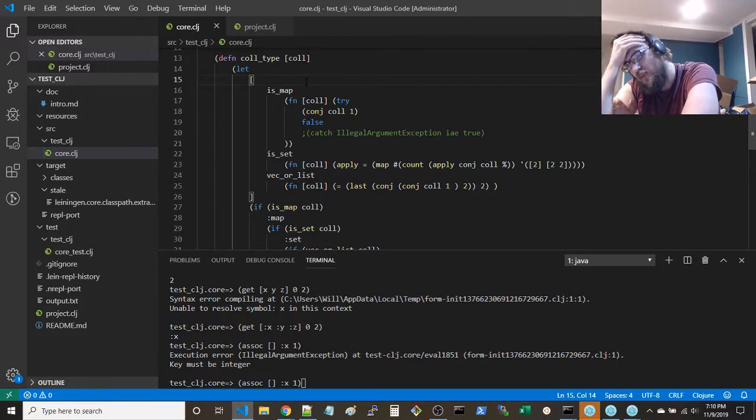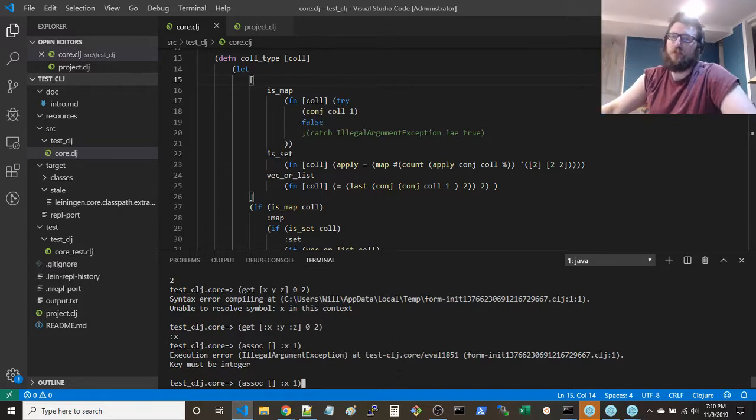I'm wondering if you can conj something twice and then get instead of associate. Maybe you can use just cons. I don't think that works though, because cons you can do with everything. But this gives you a sequence. No, it doesn't help at all.